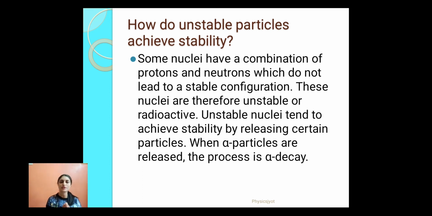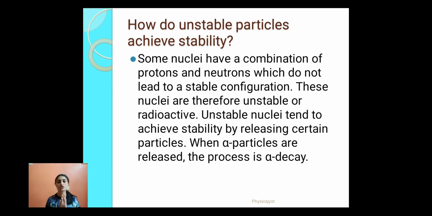We know that when we talk about nuclear physics, we talk about stability and all. There is a certain combination of protons and neutron number which favors stability. If you have an element with even Z and even N, then that has higher stability. But if you have odd Z and odd N, that particular element has the least stability, that is, it is unstable. Elements with even Z and odd N, or odd Z and even N, have intermediate stability.